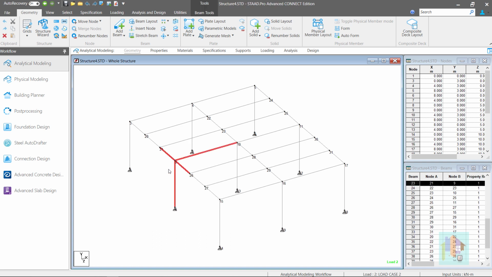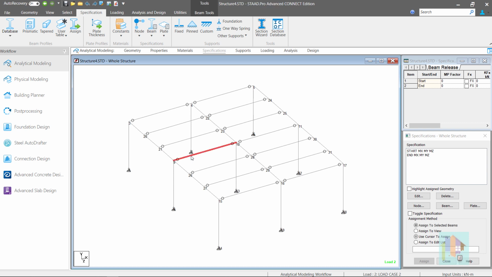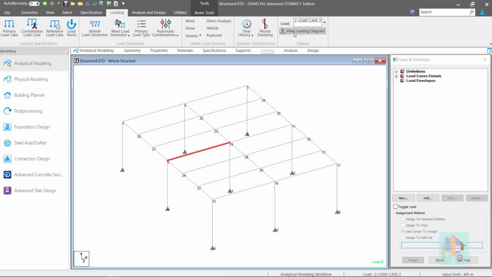Check joint 9. This column is pin supported, so it can't resist any rotation at support level. Connecting beam members don't have any moment resisting stiffness due to full moment release, and load is applied in the lateral direction. So due to lack of resistance in the load direction, this frame deflects out of the screen. We need to rectify this unstable condition.